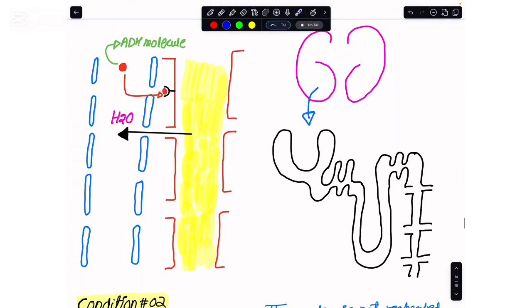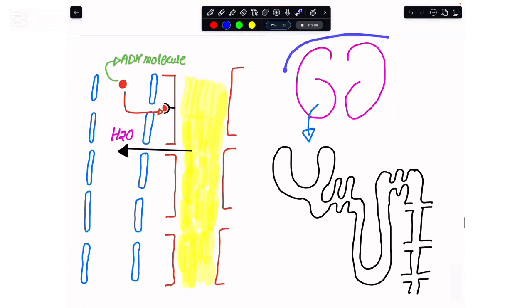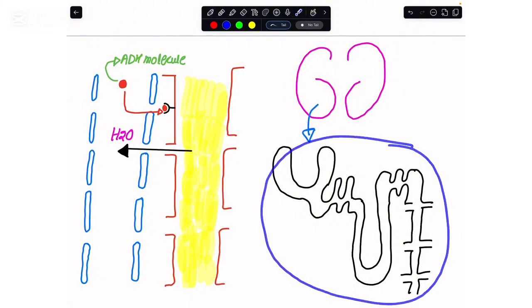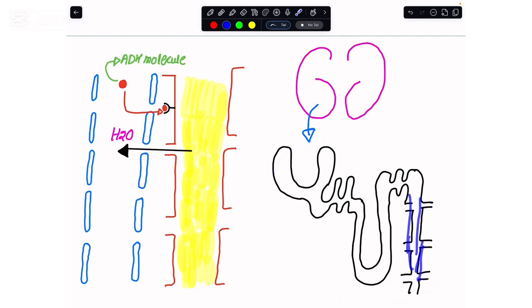And if I were to take you toward the kidney, in excretion we have seen the kidneys. In the kidneys we have these nephrons, and the end part of the nephron over here would be the collecting duct. In the collecting duct the urine is flowing, and in the urine we have a lot of water. The problem was that if I need to reabsorb the water out of the fluid in the lumen of the collecting duct, then the hormone has to be available, and that was the antidiuretic hormone.